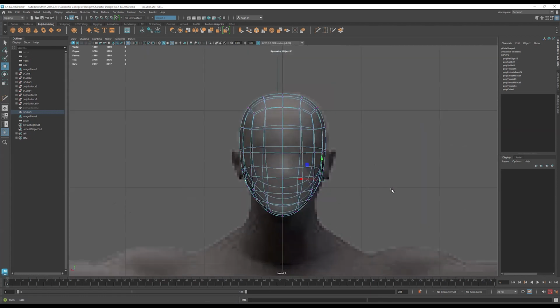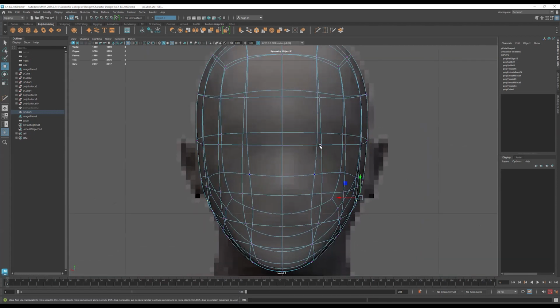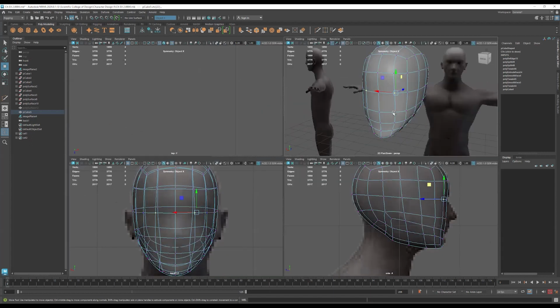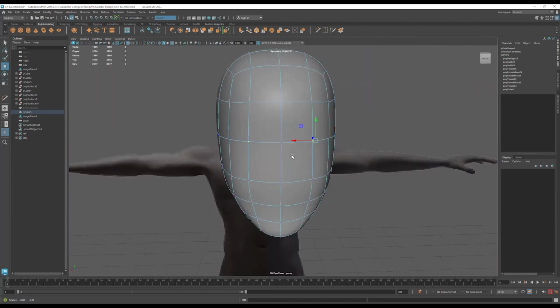The reason we put vertices on the center of the eye, I know the reference here is not clear, but we put the center in the front. We put the vertex in the center of the eye because we are going to continue working, start adding the eye details based on this vertex in the center. Now, what I'm going to do,